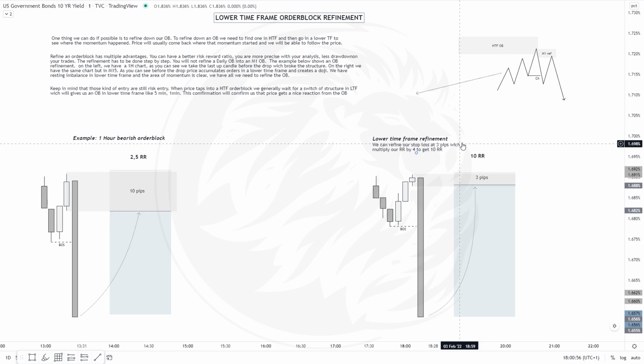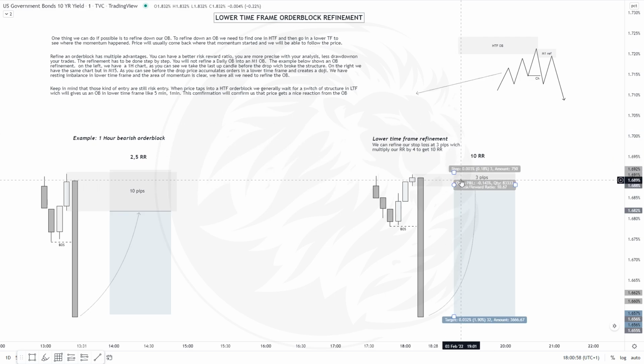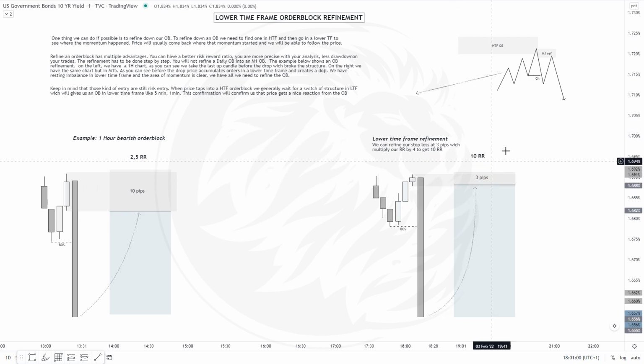So, for example, when price comes back into this order block here, we will wait for this kind of setup into it in 5 or 1 minute, for example. So we will wait for a switch of structure which will create a new order block that we will be able to follow. But those kinds of refinement order blocks are for the entry type video